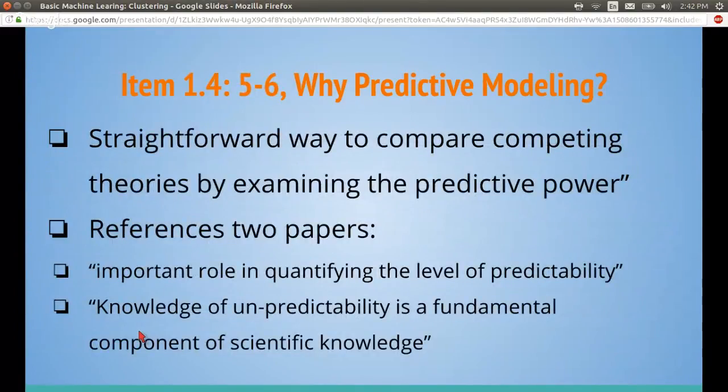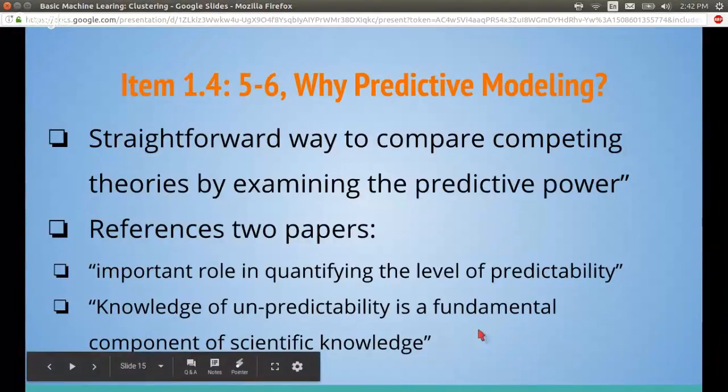Okay, so he's making, I forgot to put my initial opening quote there, sorry. He's saying this is a straightforward way to compare competing theories. So let's say you have a data set and you have two different models that you're trying to test against each other. This, coming along with a predictive algorithm, would actually let you test. And I'm assuming that's what Kaggle is doing: you're coming up with your model or your analysis, and they know what the right answer is, so they can actually tell you if you're right or not.